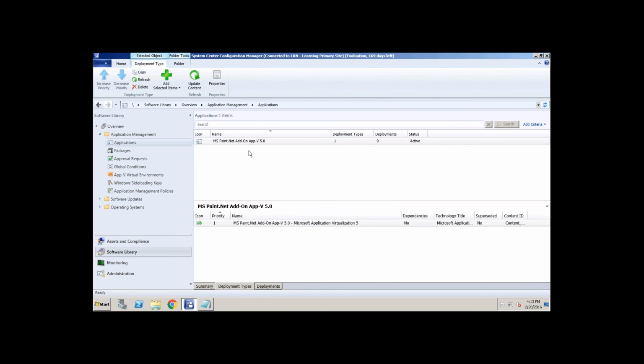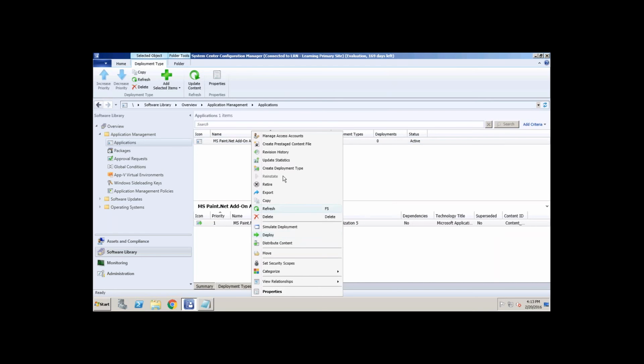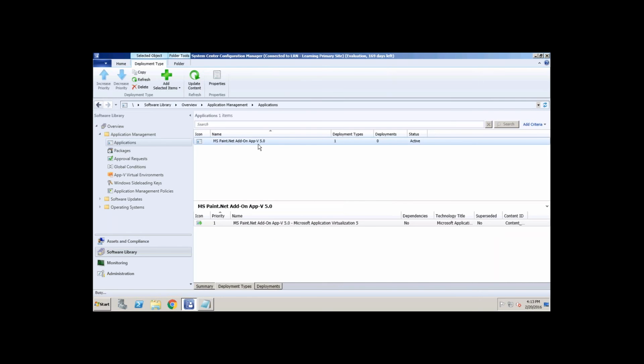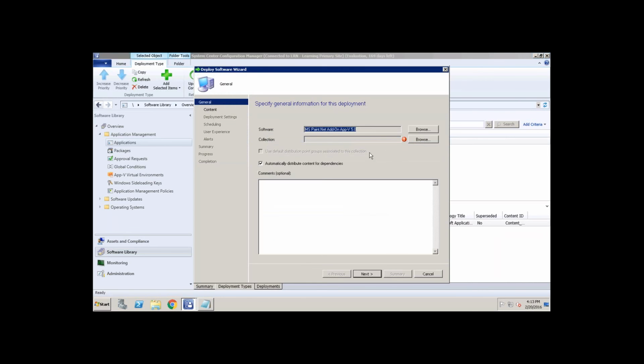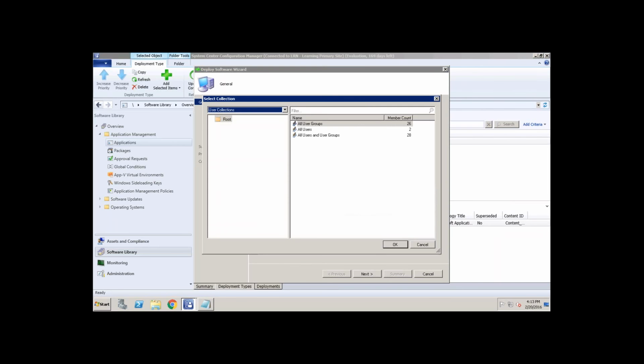Now you have to deploy it once that is available. How do you deploy it? Right click on it, say deploy. Then you have to create a collection for it: for whom I want to deploy this package, this application. Let's say I have a list of users.